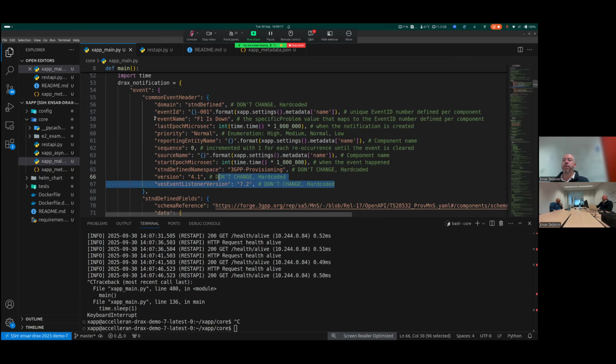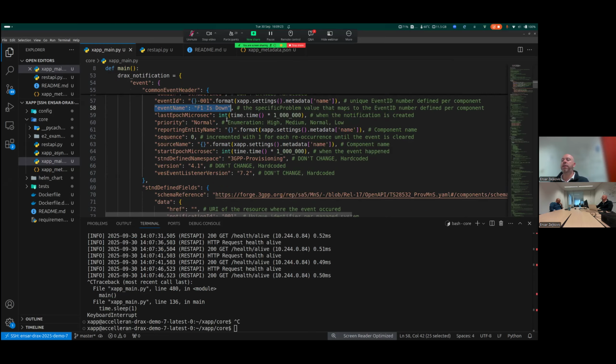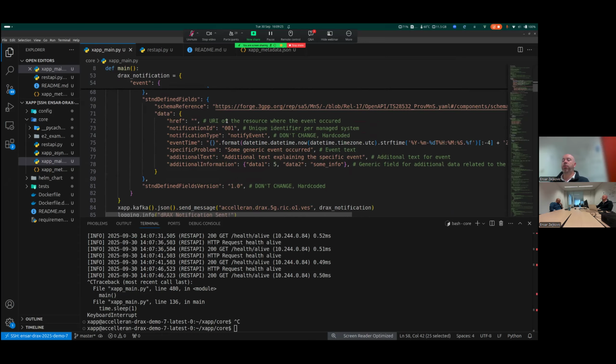For example, for the event name, I put F1 is down as an event that happened. There are some other specific fields over here. You can put a text field with some additional information, and you can also have a data field with a Python dictionary. So different things can be input into this message, and it becomes visible to other xApps and also on the dashboard to the end user.